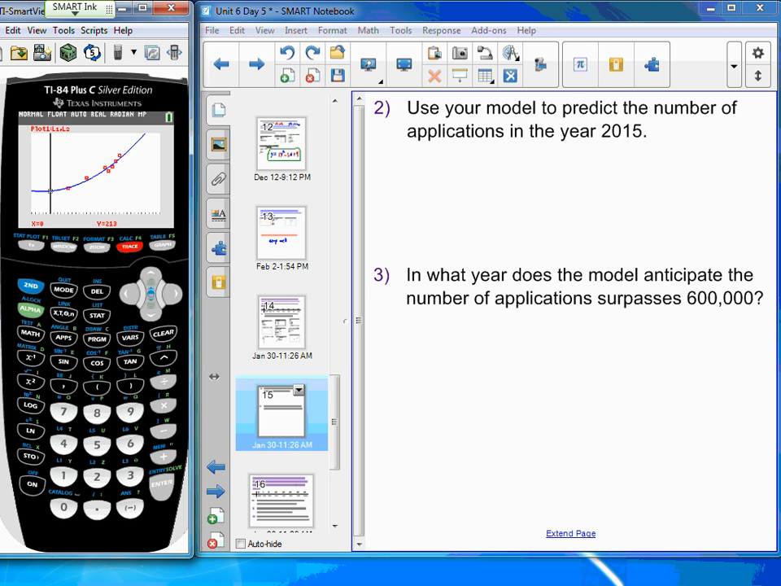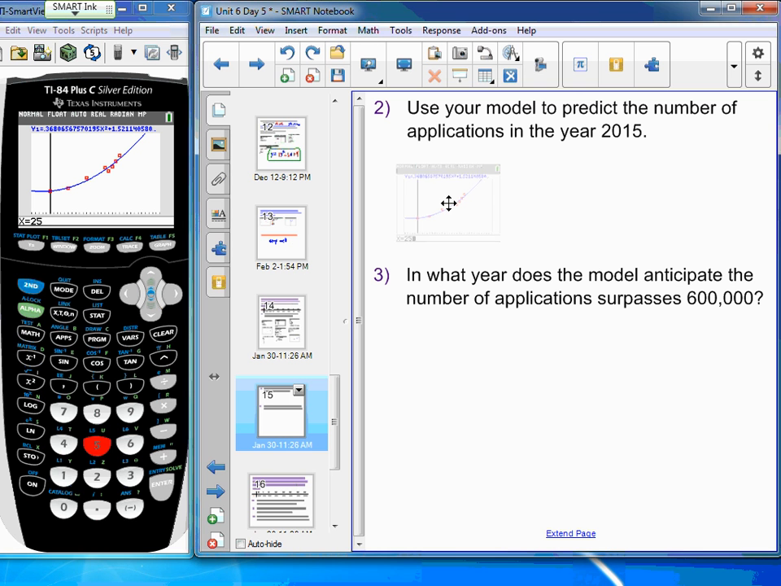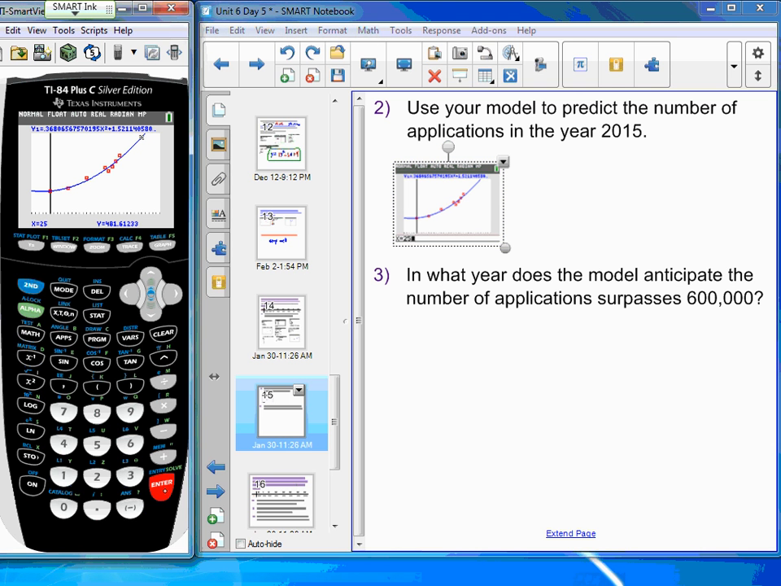25, but I need to go on the blue. Right now it's on the plot. So I need a down arrow to tell the calculator, use the equation, the y equals equation. Don't use the scatter plot. Use the y equals equation and enter the x value, 25. Enter. And the cursor will jump on the graph and pair 25 with the y coordinate,